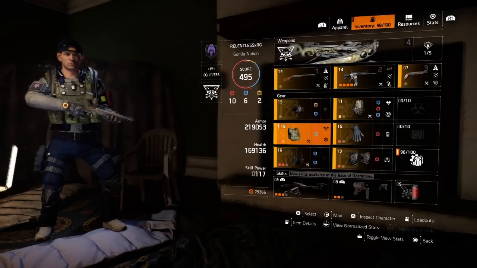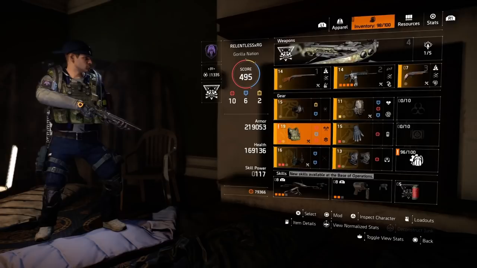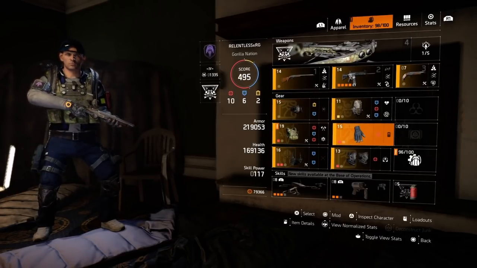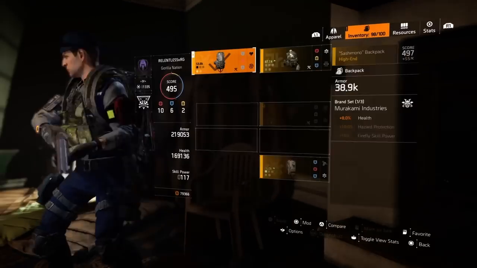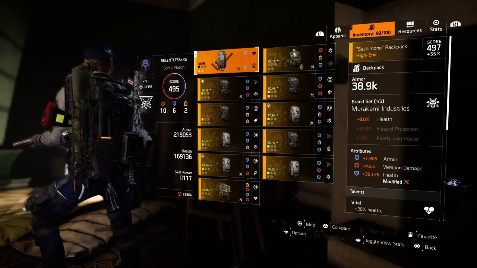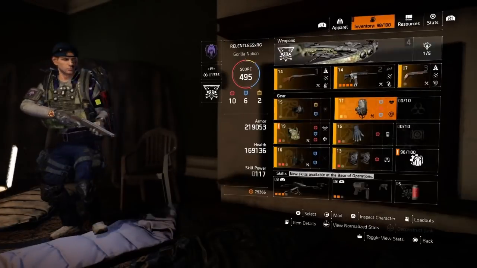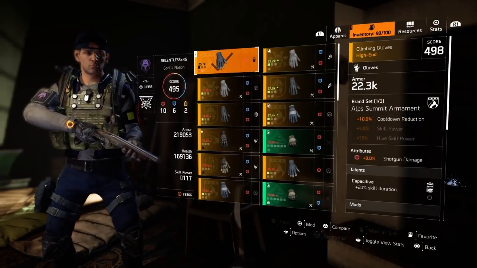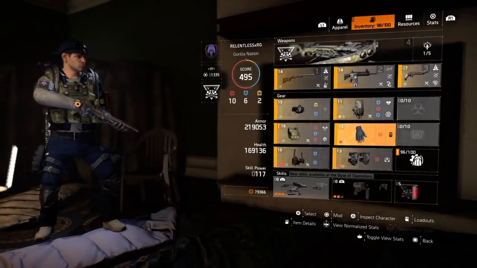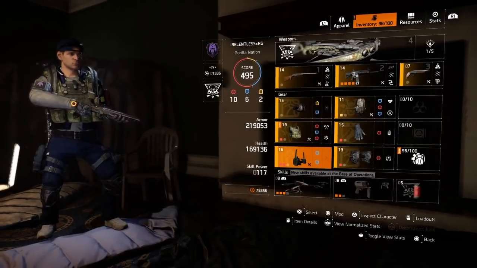So with just that alone, that's almost 600k damage right there. And I don't even have it devastating on this piece, on my gloves, so add another 5% there. I only have a measly 4.5% weapon damage on my backpack, so I'm missing out on at least 7.5% weapon damage there. I only have 8% weapon damage on my gloves, and I'm missing out on 4 there. I'm missing out on a total of 20% weapon damage in my mods,